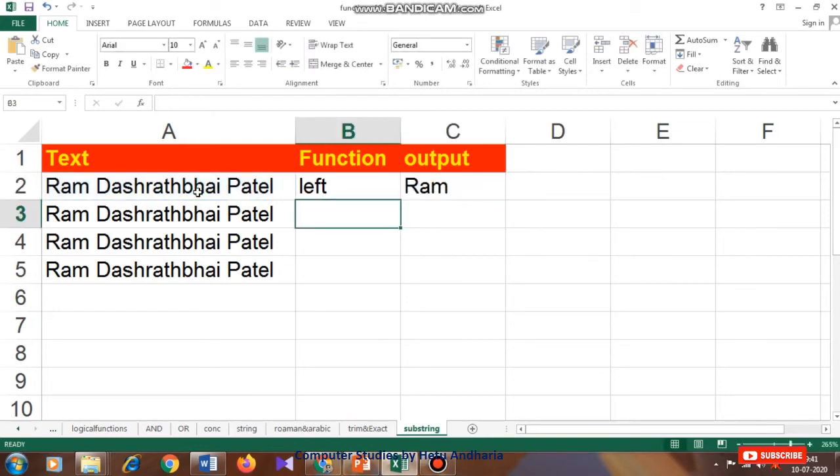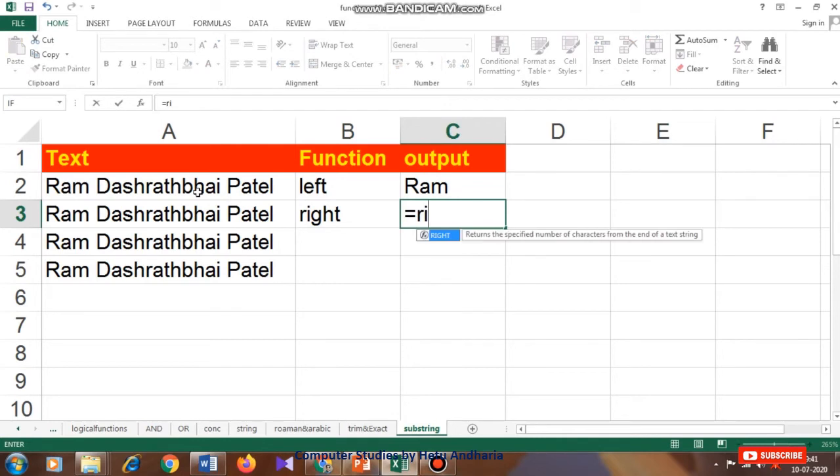Fine. Then the second one is the right function. Now we want to separate this Patel from that, right? So Patel is of 5 letters. So I click here A3 and comma 5.